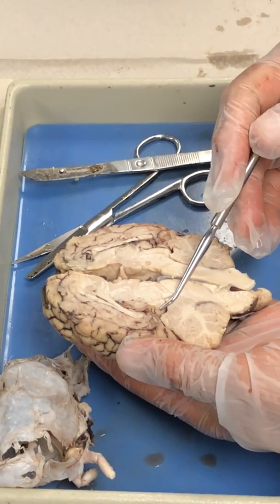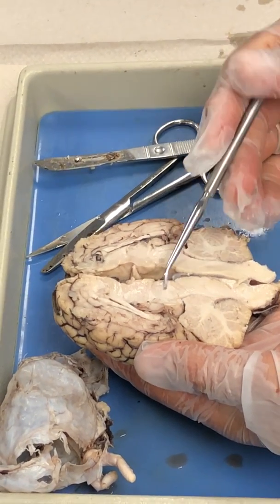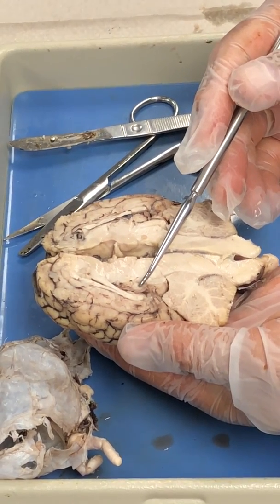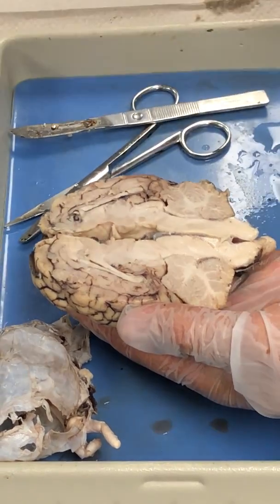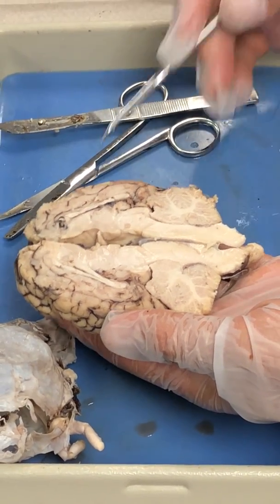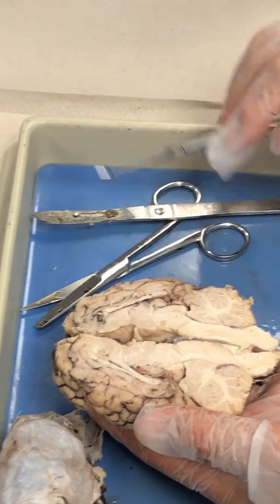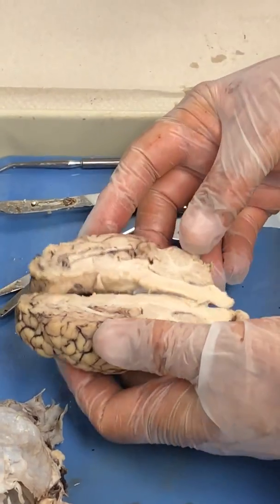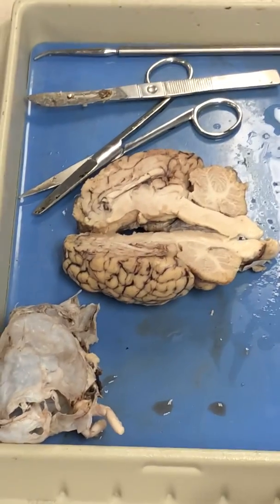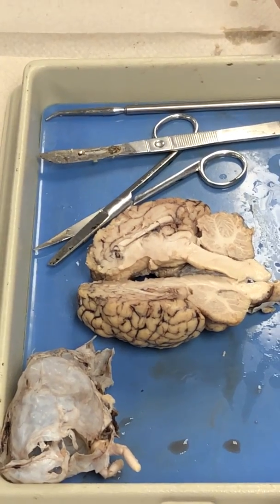This in here, that's your corpora quadrigemina. It looks completely different in section. And then that is your pineal body, or pineal gland. Again, it looks different when you cut it than when you look at it as a whole sheep brain. So you can see the white matter and the gray matter in here very well. Those are some of the things you can see on the sheep brain. So if you do your own, you can follow what I did, or you can do it